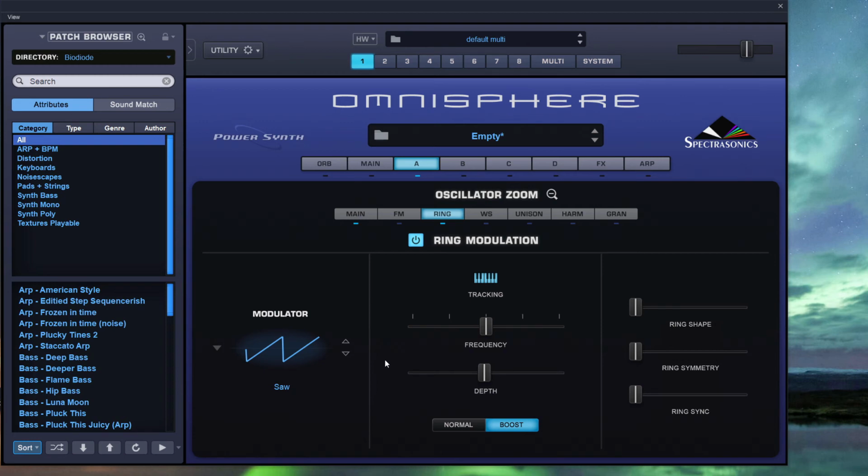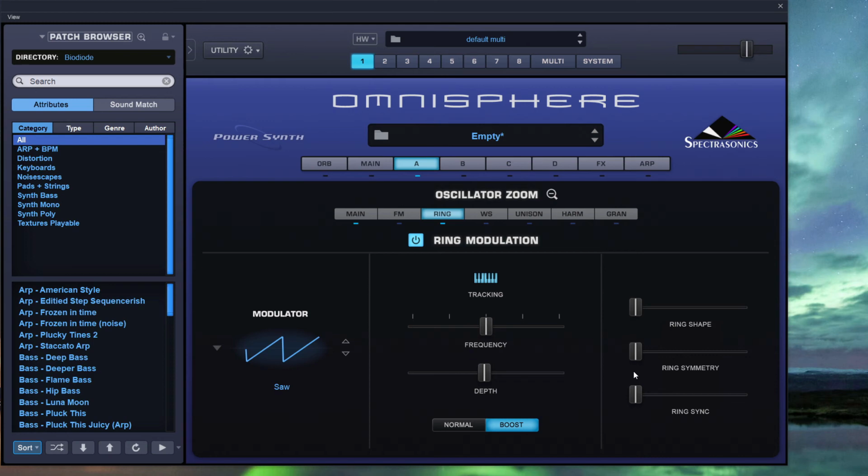So lastly we come to this ring sync. Ring sync is like a hard sync function that provides a throaty type of characteristic to your sound when we sweep through its range. It's like a diphthong type sound. So historically you'd have to sacrifice one of your oscillators to provide this type of effect, so you'd probably lose B, C or D